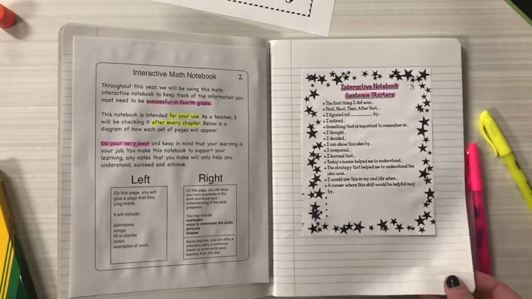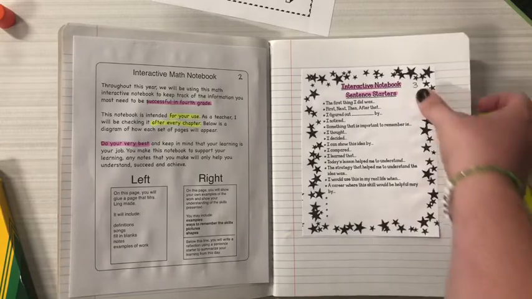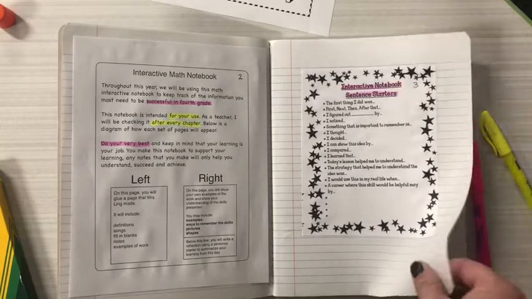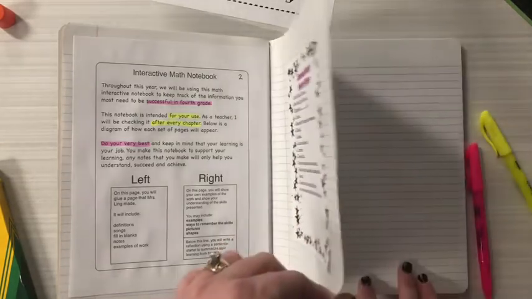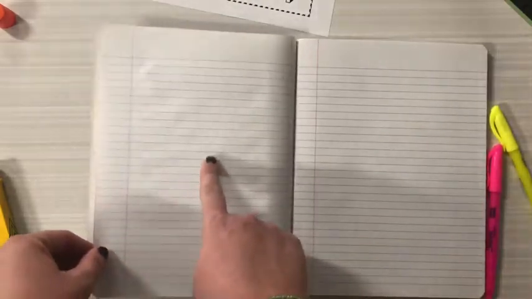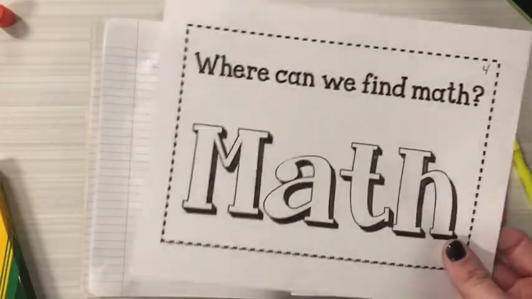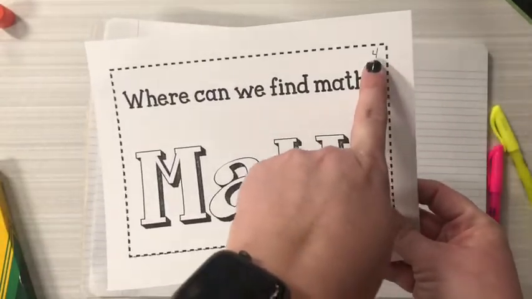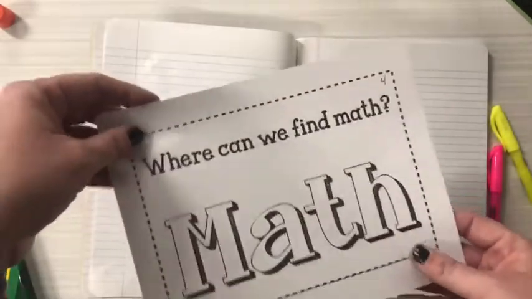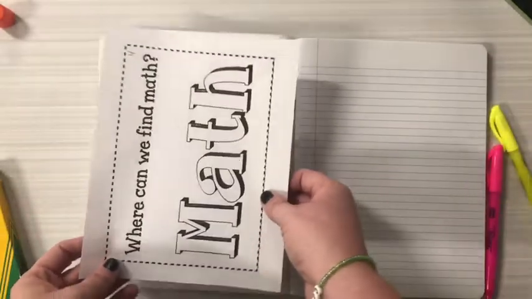The last page we're going to work on today is if you take the same page from page 3, make sure the pages aren't sticking together. You're going to flip the page so you're looking at the back of the page you just glued on. This is the last page. This is saying page 4, where can we find math? So we're going to be gluing this to its side. So flip this page over,